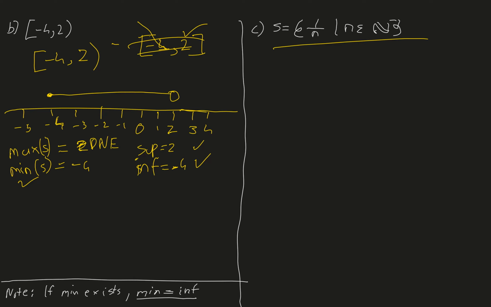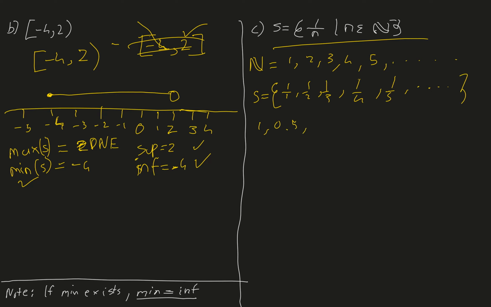So this says S is a subset such that it's 1 over n for all natural numbers. So what are the natural numbers? If you remember from previous videos, they start from 1, 2, 3, 4, 5, and so on and so forth. So in this case, the set S will be defined as 1 over 1, 1 over 2, 1 over 3, 1 over 4, 1 over 5, and so on. So this is just 1, 0.5,